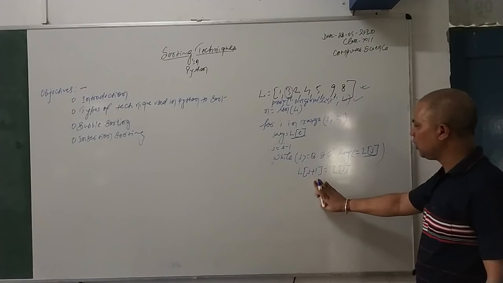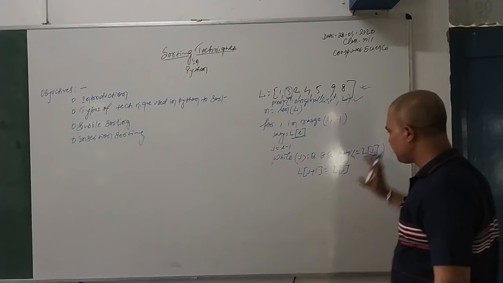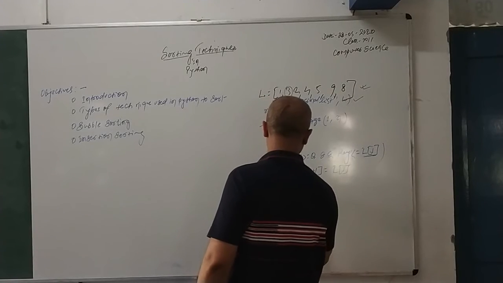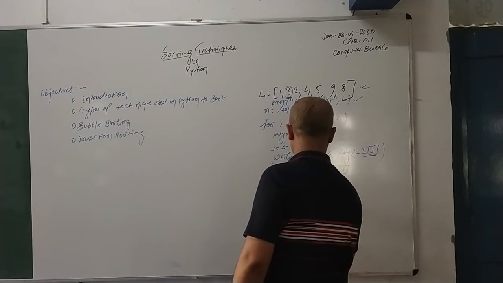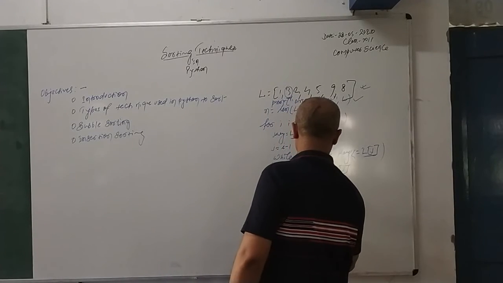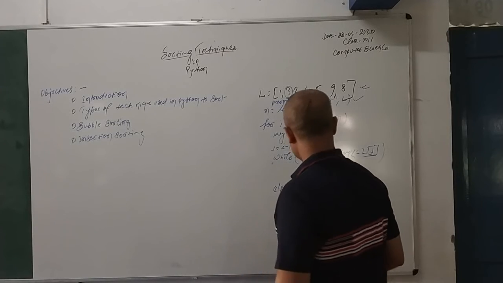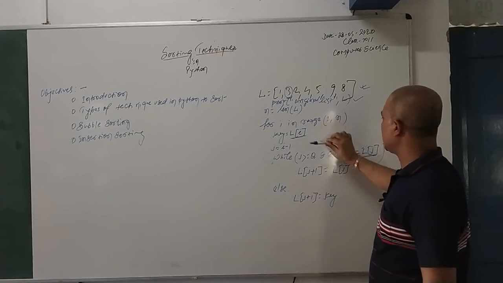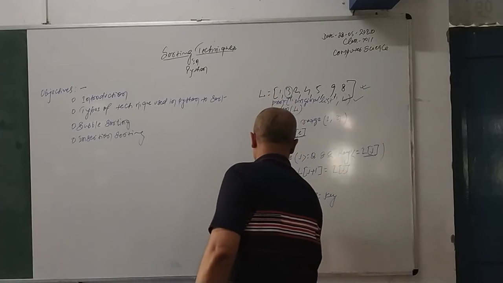It means the value of the second element will become the first and the first element will become the second, if the condition is satisfied. Else, equivalent to the while, you simply say L of j plus 1 equal to key. Key means the same value; if it is not less than this, the same value will stay there, and then come out and print,